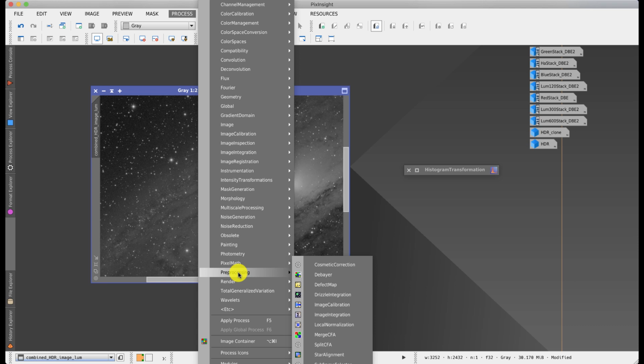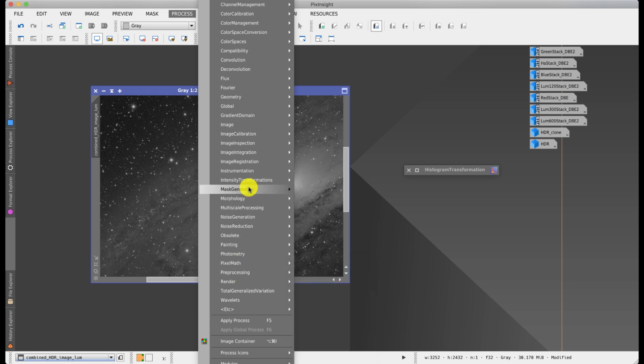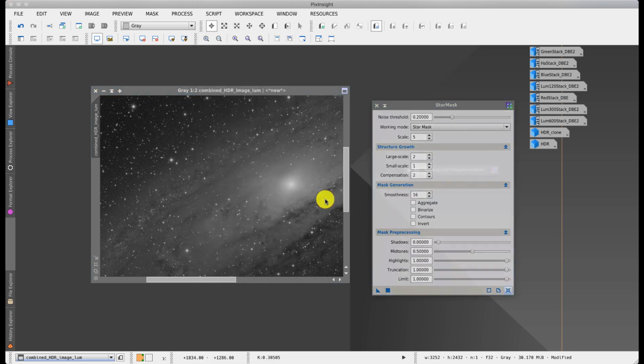When you look under masks, there's 2 mask tools. There's range selection and star mask. Range selection is simply making a mask depending on the luminance value of the image, and star mask uses scale to work out what's a star and what is not, though it sometimes gets confused with things like galaxy cores or sharp nebula details. If I make this default, and what I will do to make things a bit quicker